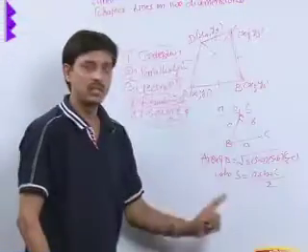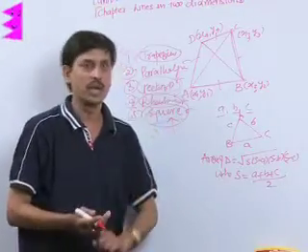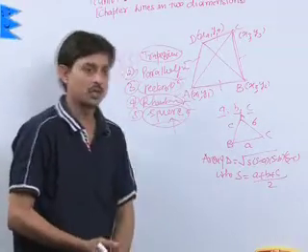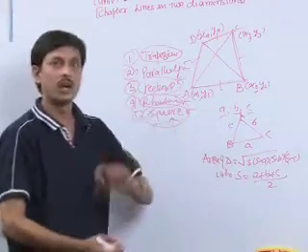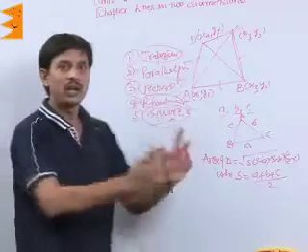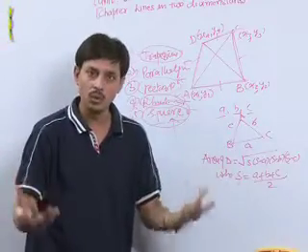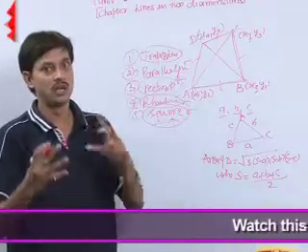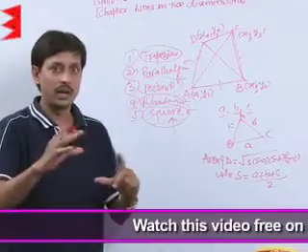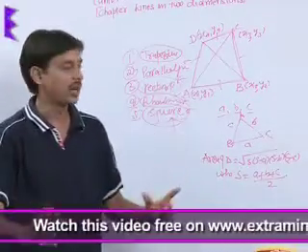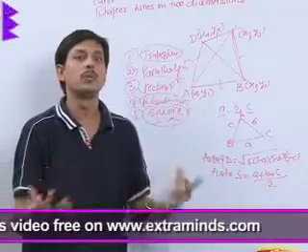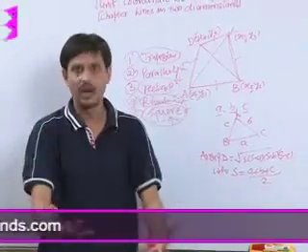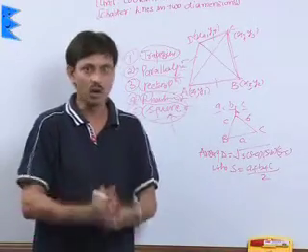So the distance formula is applicable to check collinearity, to check the nature of a triangle, to check the nature of a quadrilateral, and to find the area of a triangle. A quadrilateral is a combination of two triangles. So if you want to calculate the area of a quadrilateral using the distance formula, you separate it by drawing one diagonal into two triangles, and the sum of the areas of the two triangles will give you the area of that quadrilateral. Similarly for a pentagon and other figures also.